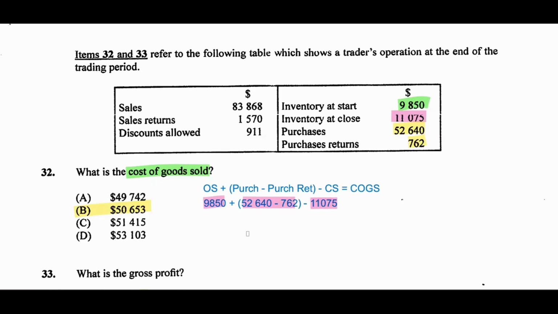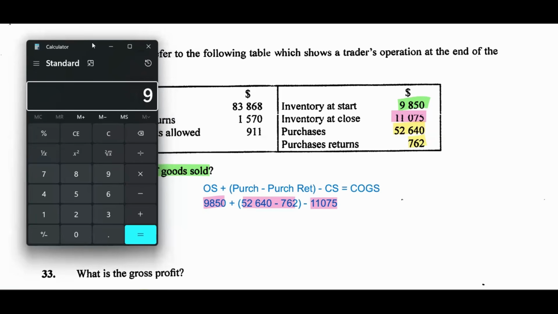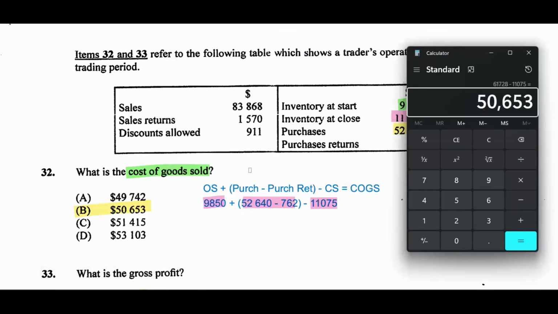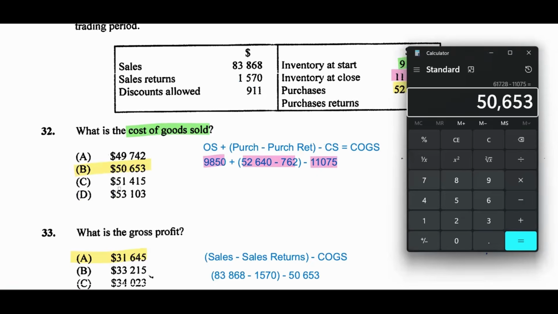There we go, guys. All right, let's make sure that we're all good to go with that answer. 9850 add 52640 minus 762 minus 11075. Cost of goods sold $50,653. Good job. Now moving on to question 33 asking us about the gross profit